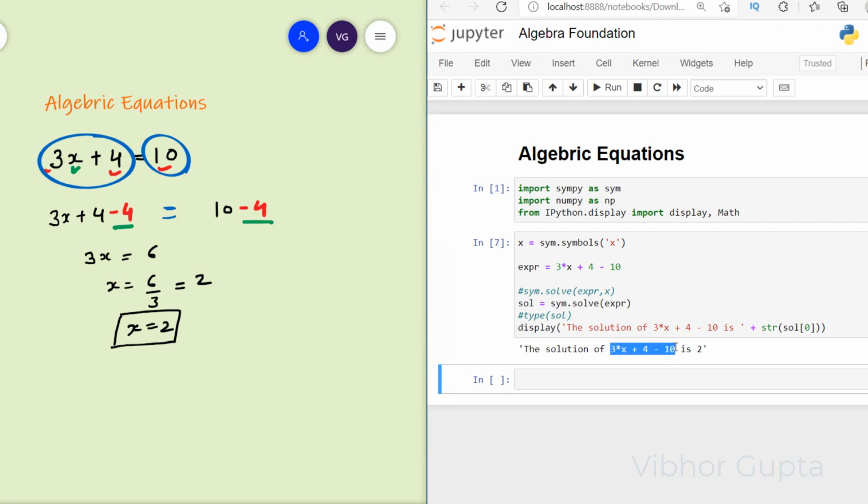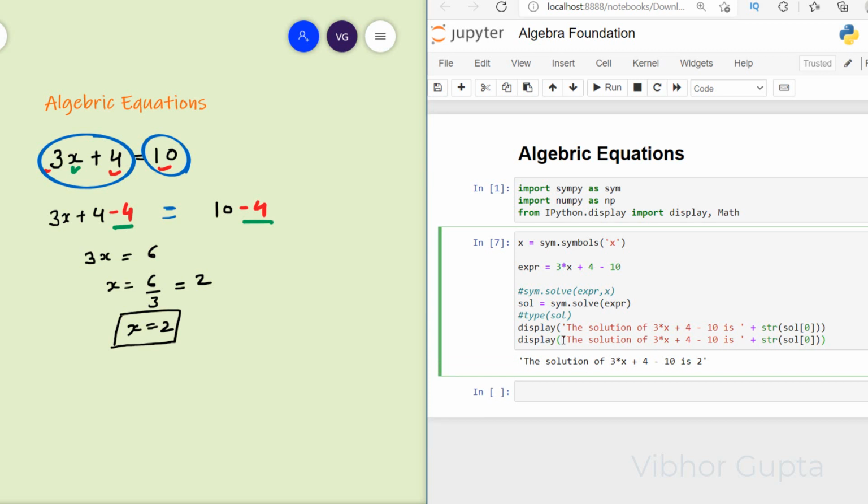But the expression in the output doesn't look nice as per mathematics conventions, right? So we can use LaTeX coding. I'll use math here. Even if we don't use this directly here, let's say we use the variable, that is expression. So I'll use the math function here. Instead of writing the expression here, I'll say %s. So I'll say solution of %s is %s, and then I'll replace it.